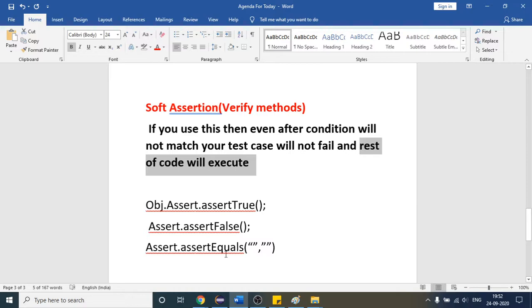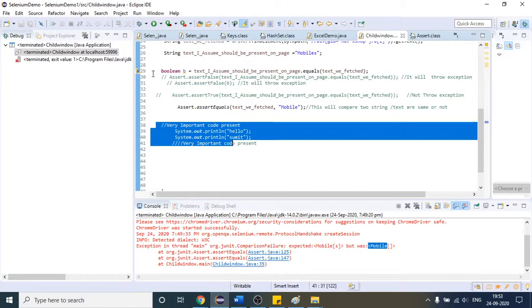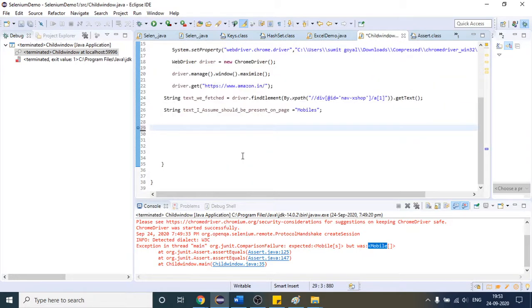There is one class I have to use. If I have to deal with soft assertion, I first have to use the class SoftAssert.